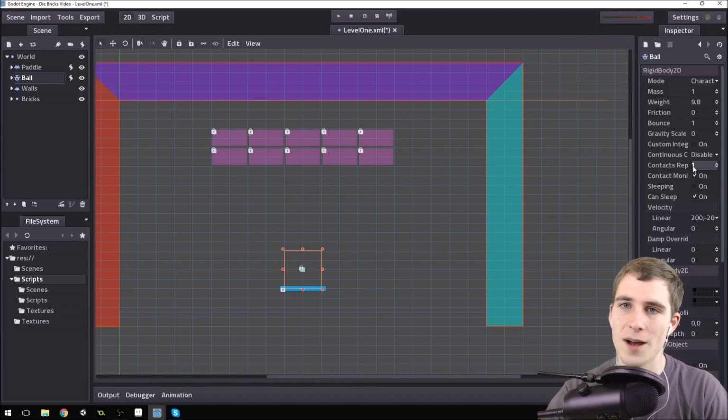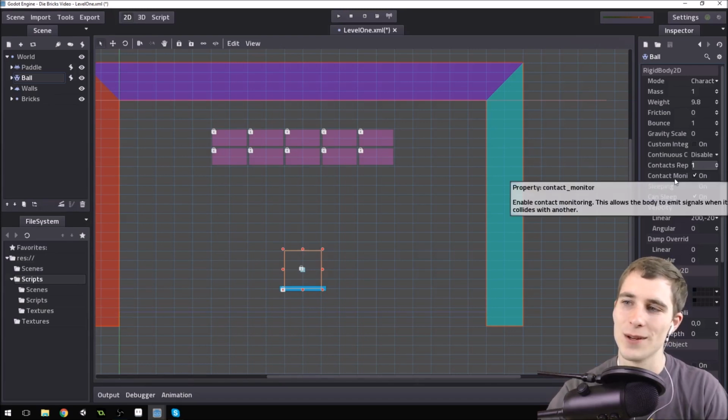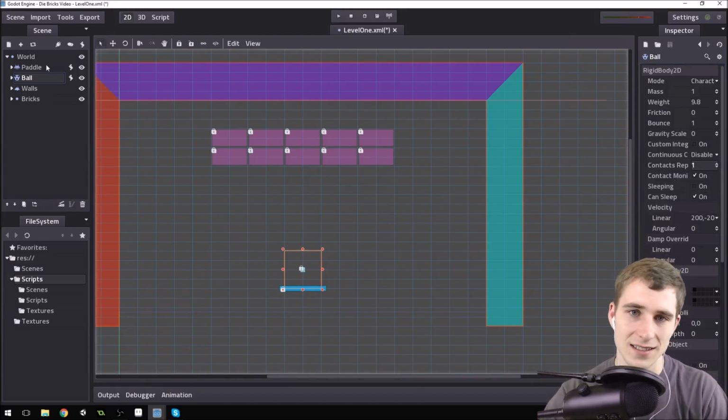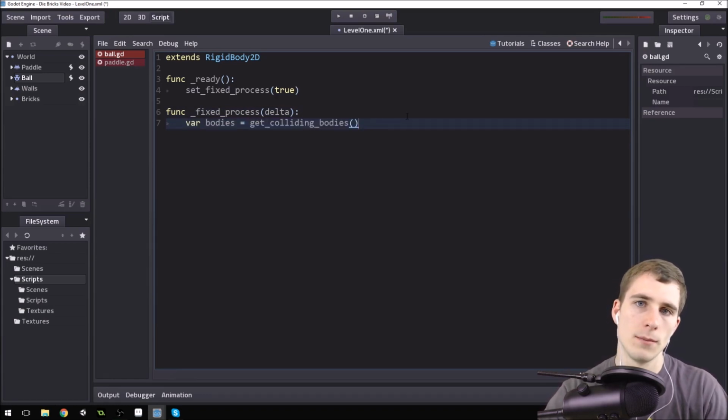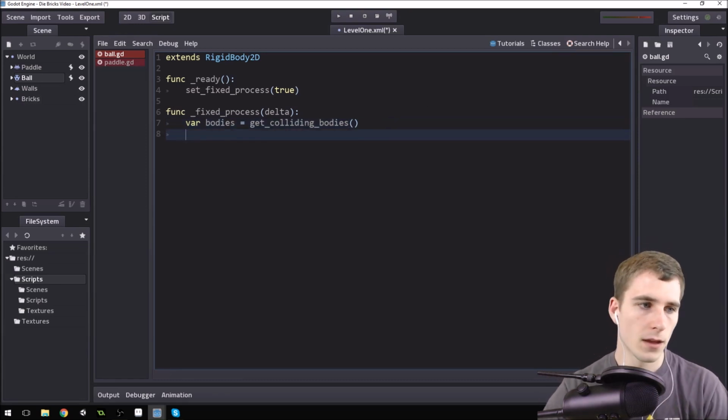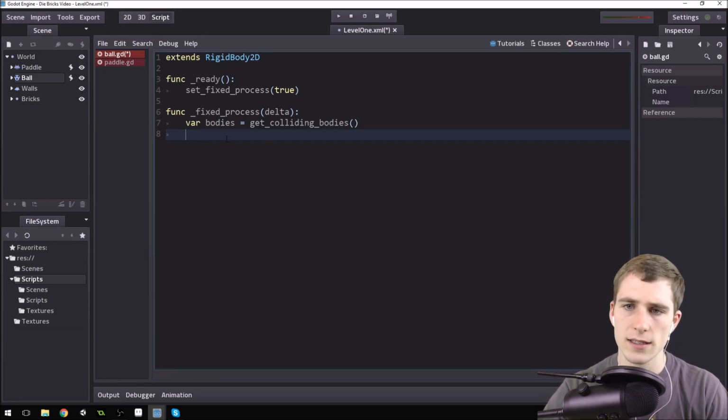And this right here got me for a little while when I was setting up this tutorial, because I didn't see the contacts reported. I only checked contact monitoring and I couldn't figure out why it wasn't actually reporting any contacts. So now that we've done that, we can go back into the script, and this right here should return a list of basically just one item because we're only reporting one contact. But it'll report one item and we can do something with that. So now that we've done that, we can check to see if it is